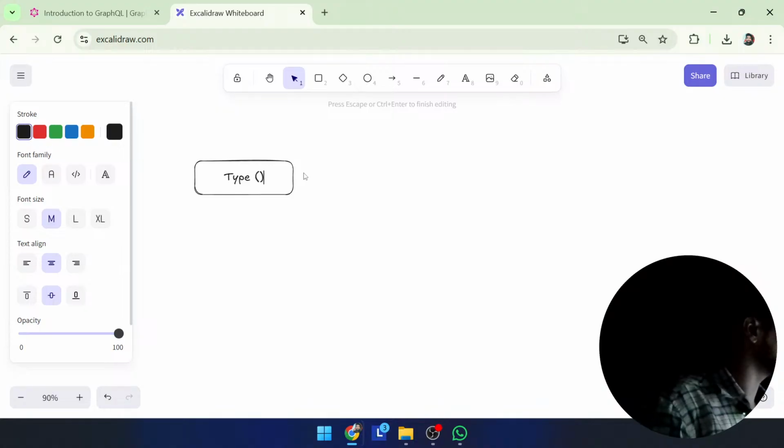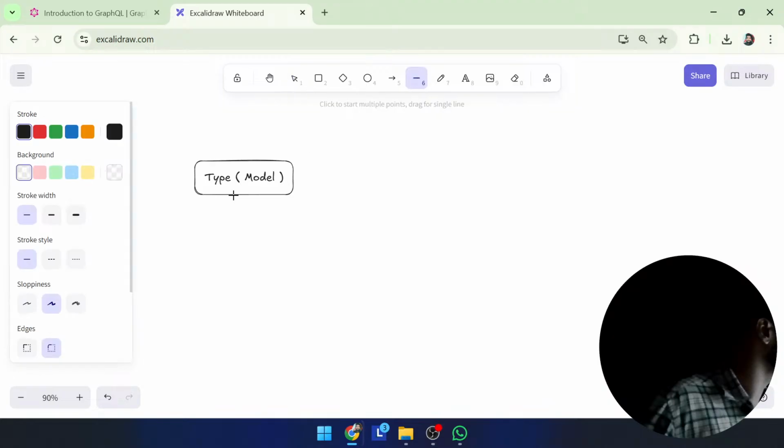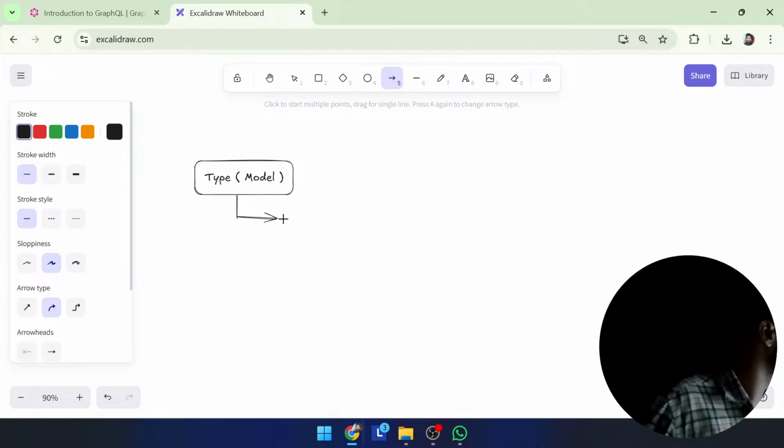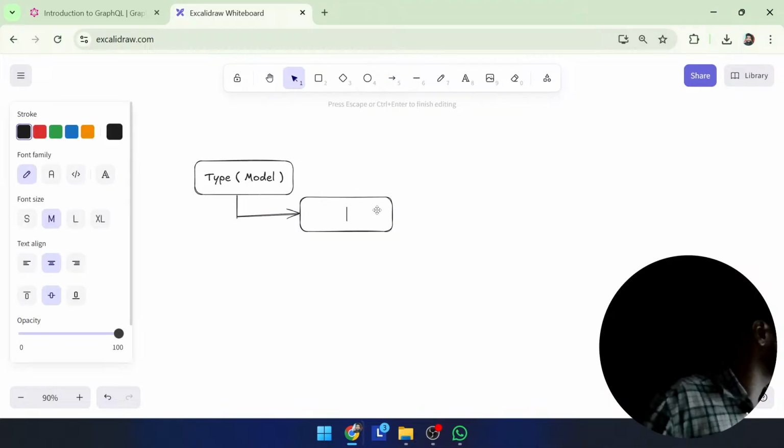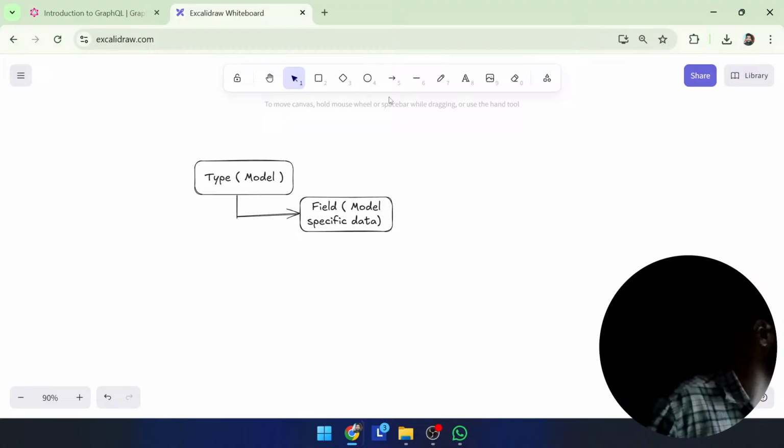Type, I can say, is the model. Yeah, it's a model, and field is the model-specific data. Like for example, what we did,